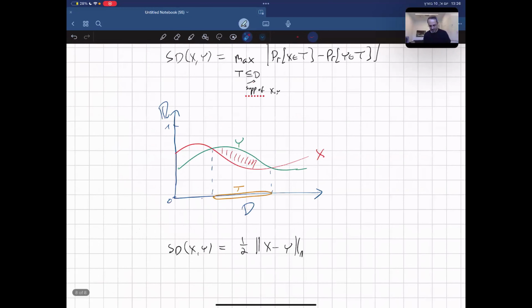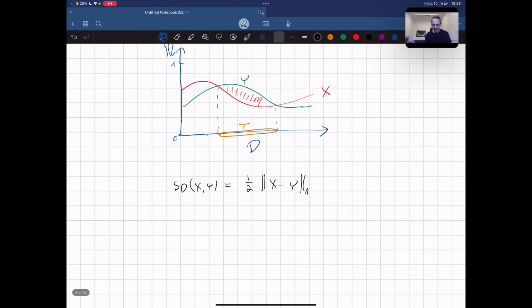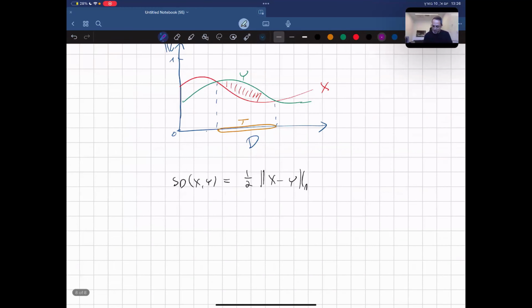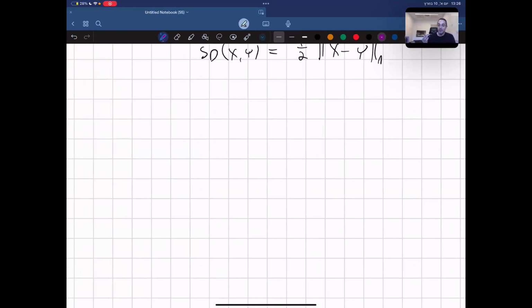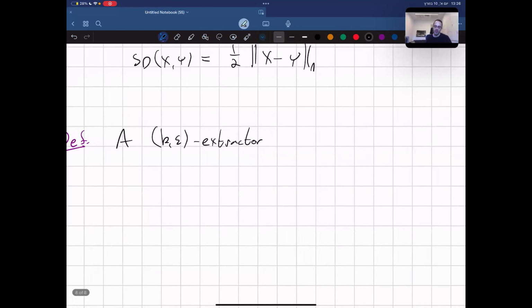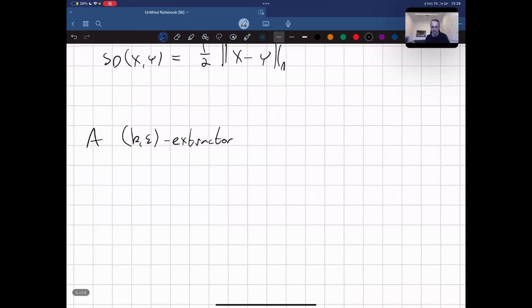Okay, so that's the statistical distance. And now we are finally ready to say what's the definition of an extractor. So a (k, epsilon) extractor, where k is going to relate to the min-entropy of the source, and epsilon is the error that you want to guarantee, is a function